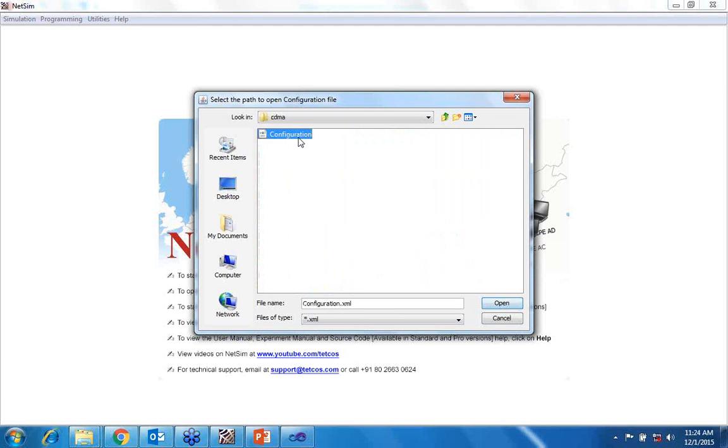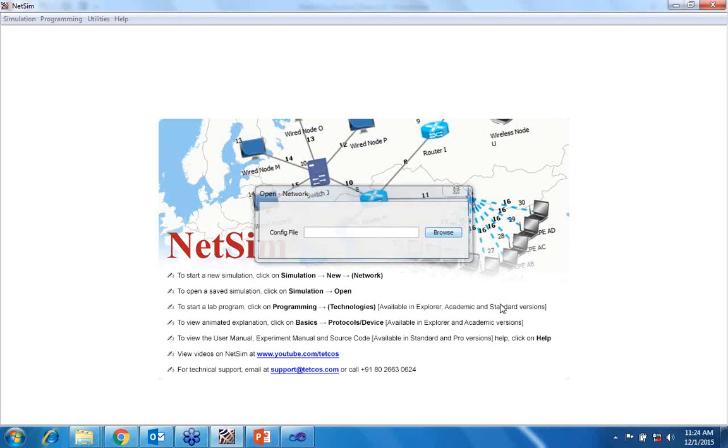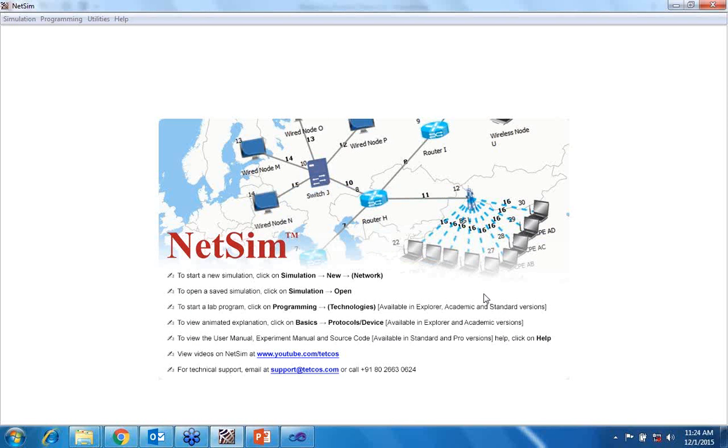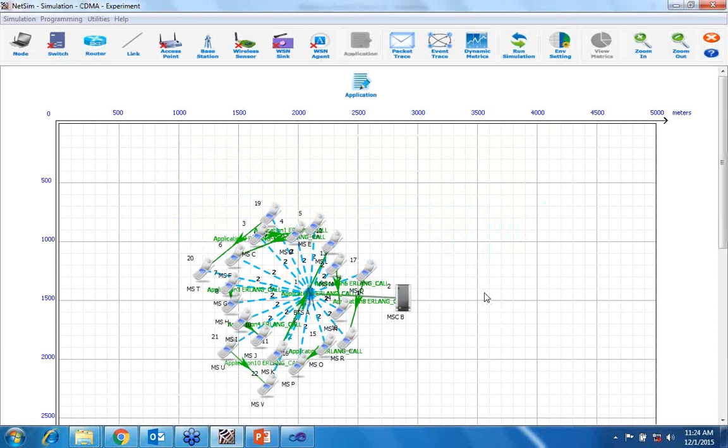So this CDMA configuration file is an XML file. I have told you that all the GUI will create an XML file, that is the configuration.xml file. You can open it. Here you can see we have taken this base station and MSC unit and connected 20 mobile units here.